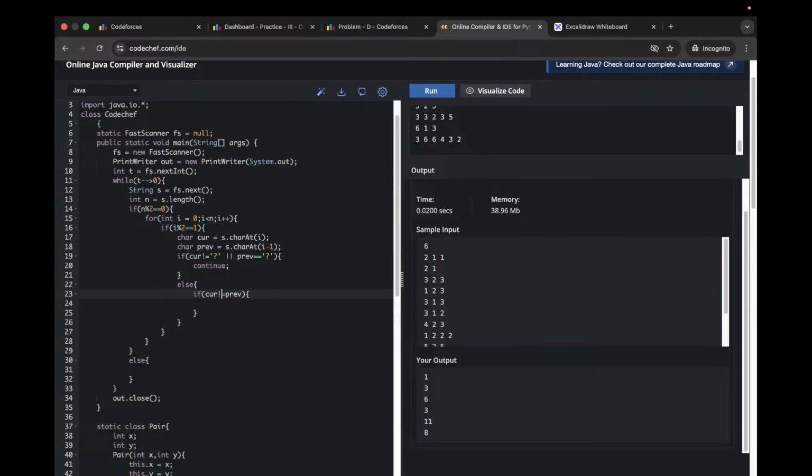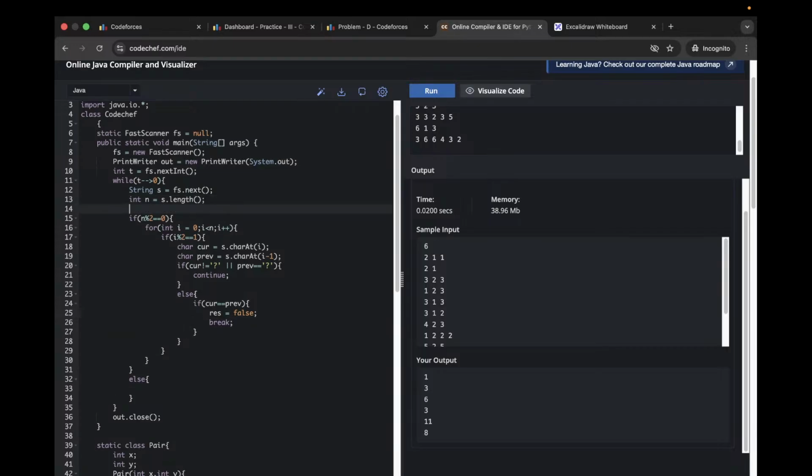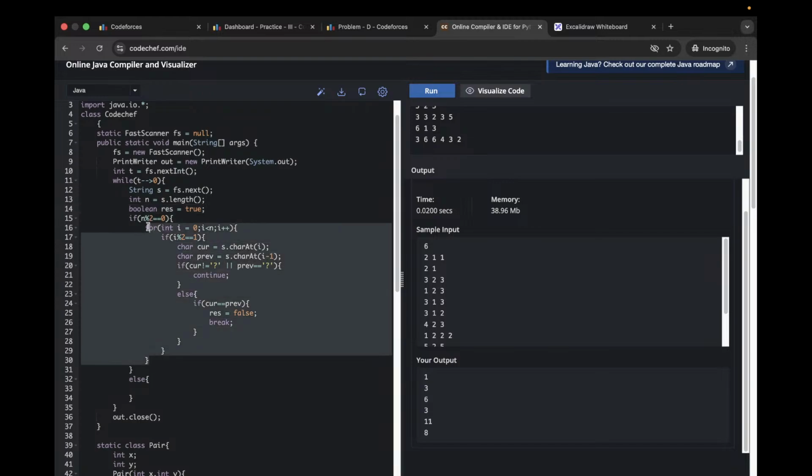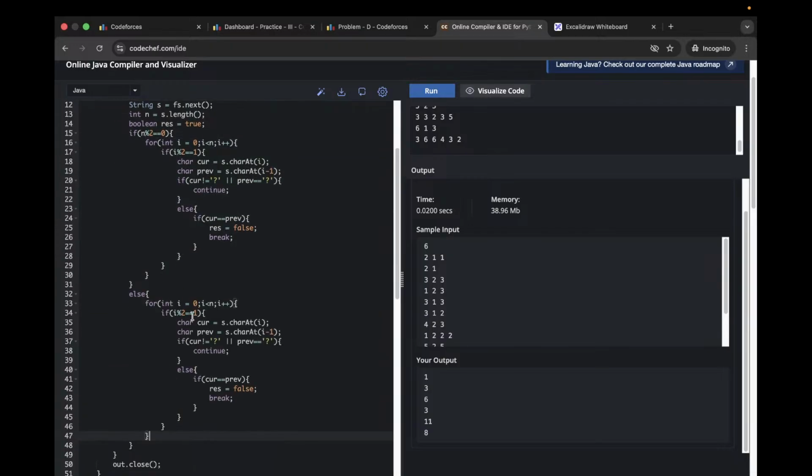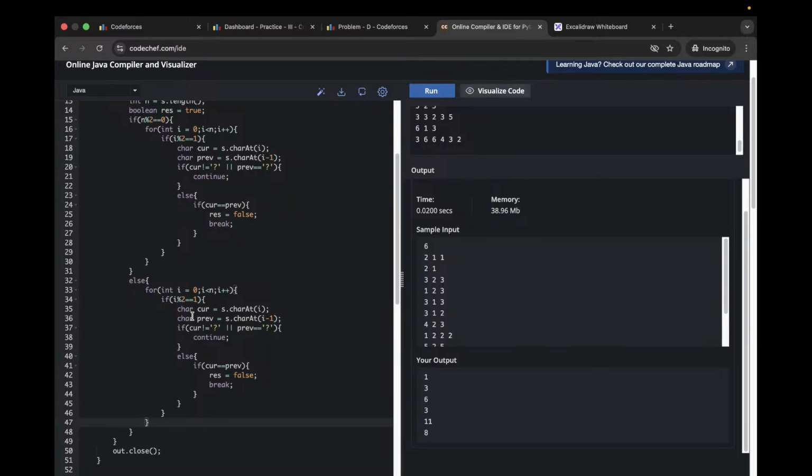If current and previous become equal, then our result will be false and we can break out of it. Here we can keep the boolean result equal to true. Same thing we will be following here,